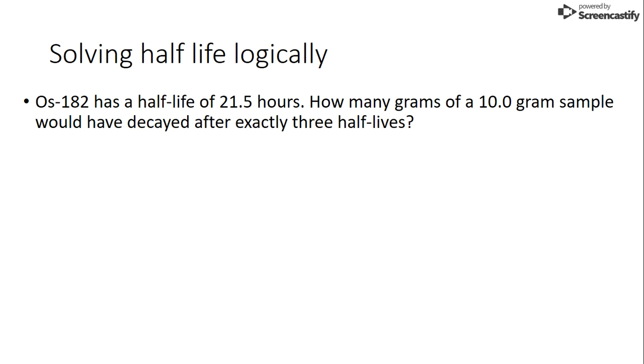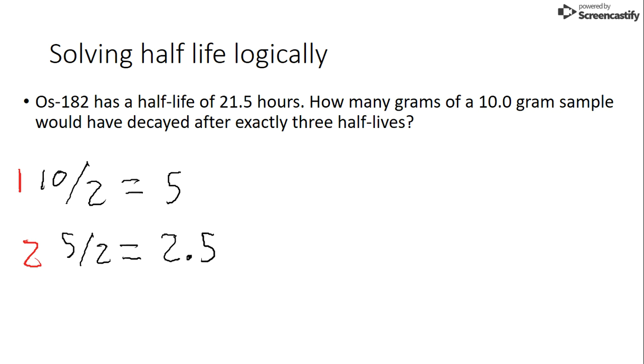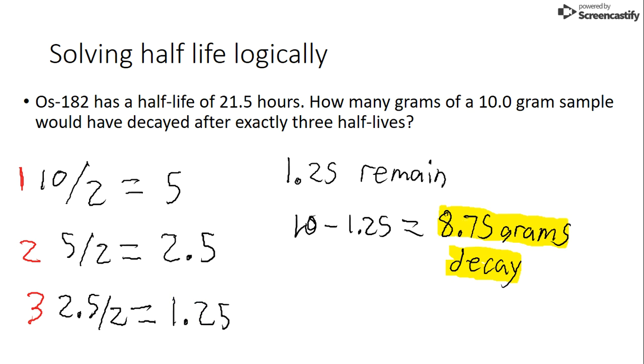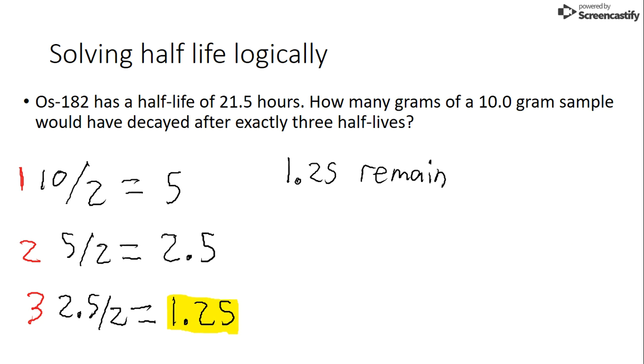Okay, so let's try to solve this problem logically. We start with a 10 gram sample. We divide it by 2, then we divide 5 by 2, and then we divide 2.5 by 2. That's 3 half-lives, and then the final amount is 1.25. So 1.25 grams remain. But the question is asking